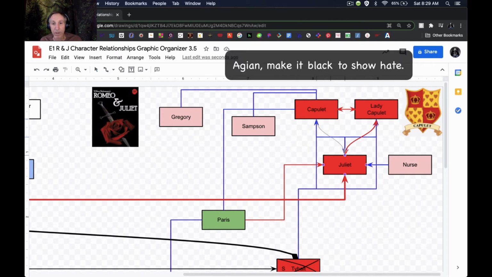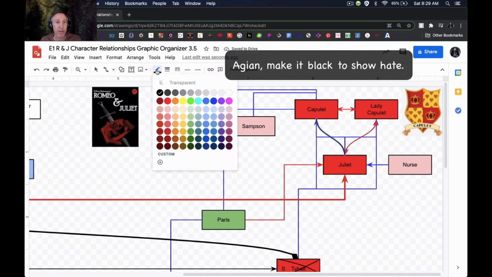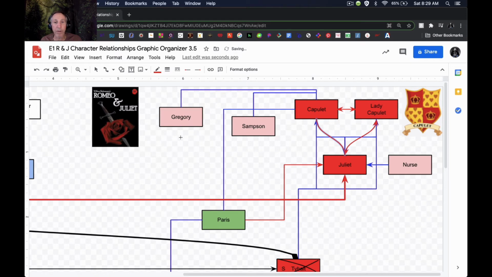So we're going to put a curved line of red from father down to daughter. Because at this point in the play, both parents are so discouraged with her, let's make these arrows, and that she won't go along with their little plan, that they're willing to disown her. We'll see if that changes.